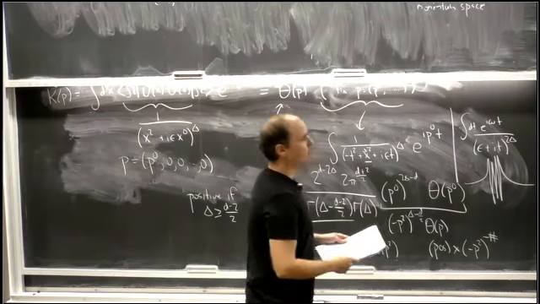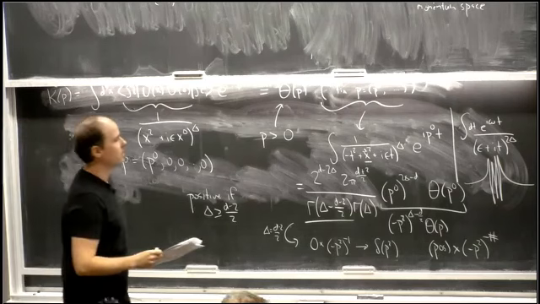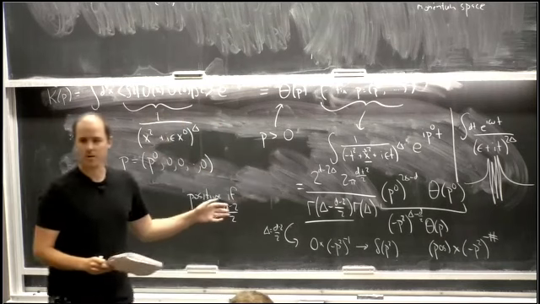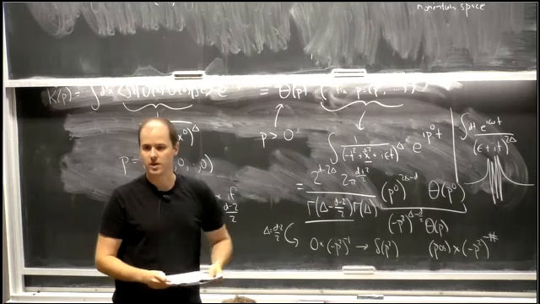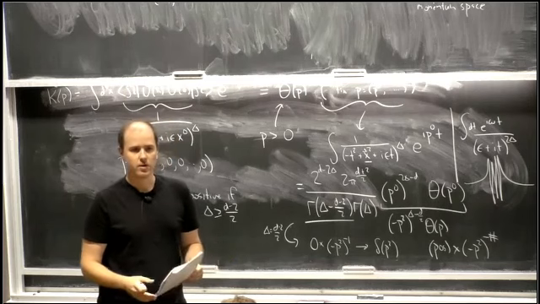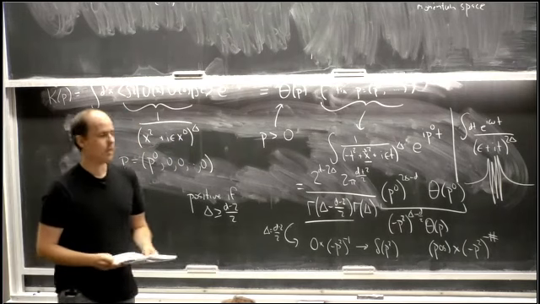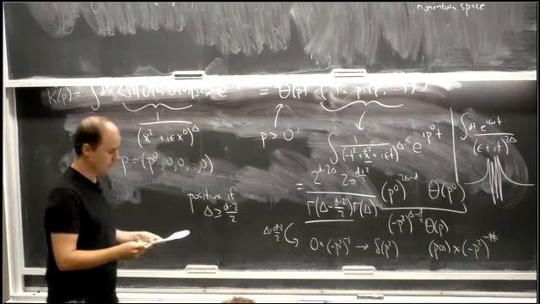Good. So I won't have time to talk about it, but you can, of course, generalize this. So we just did this for scalars. You can generalize it to spinning operators. The only hard part is computing the Fourier transform of a spinning two-point function. And if you're curious, you can look in the notes for an example of doing this in the case of spin 1. Okay?